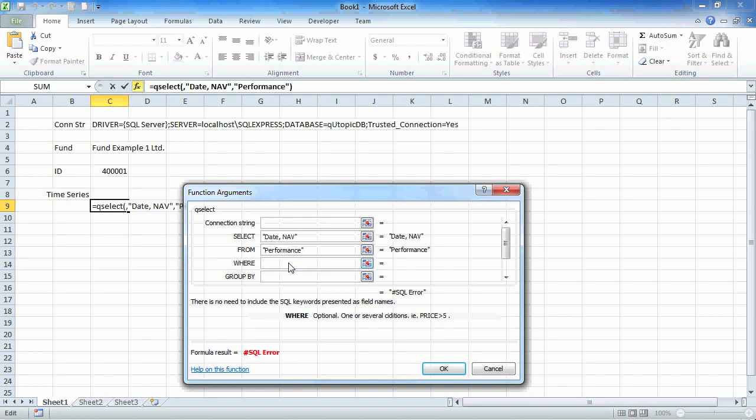I want this from the performance table, and I want only the records that have this ID. So, ID